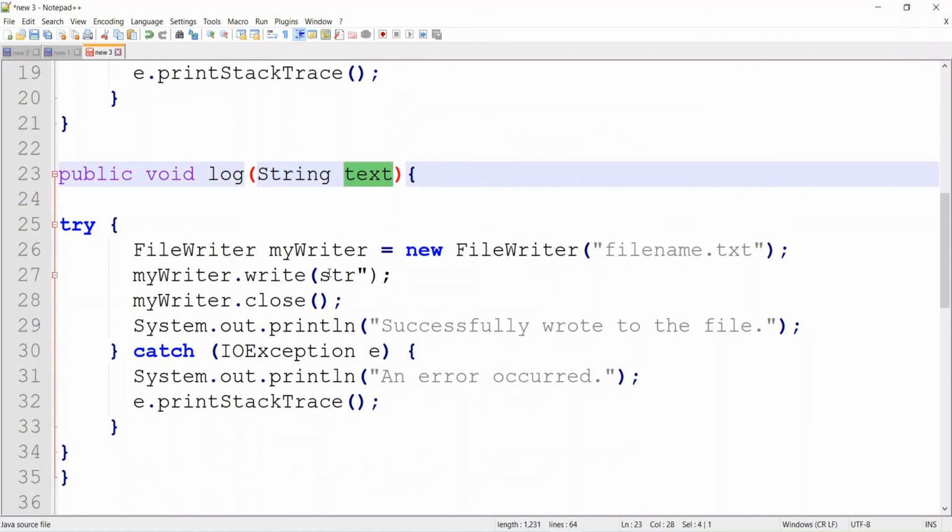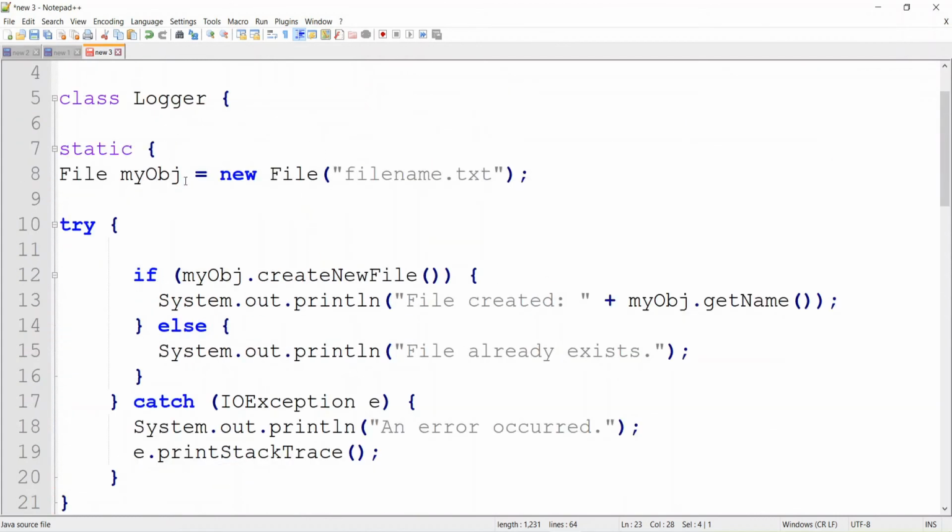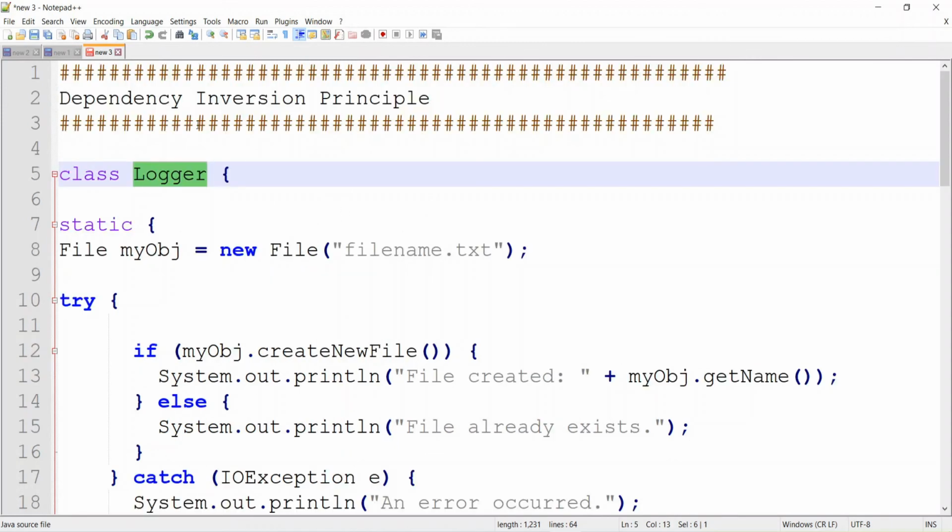But if you see here, tomorrow if someone asks, I don't want to write the log using the file writer, I want to write the log into the MySQL database, or into the AWS cloud system, or the Azure cloud system, or the Oracle database. This will not be supported, right? So abstraction is not there. This is hard coded. Every time the Logger class is used, it will have to write into the file only. So this does not support the dependency inversion principle. This is breaking the rule of the SOLID design principles.